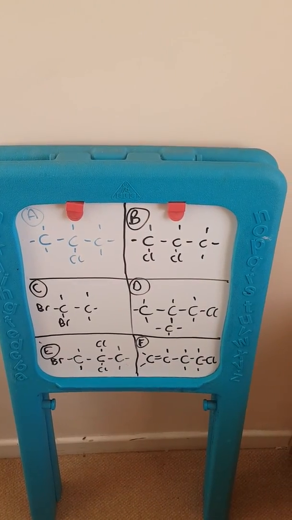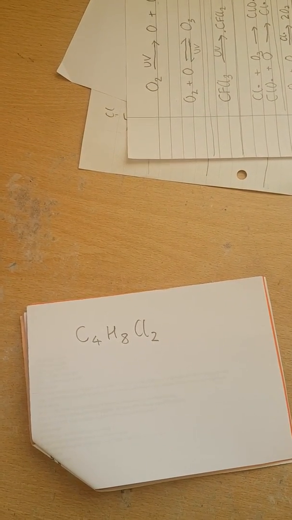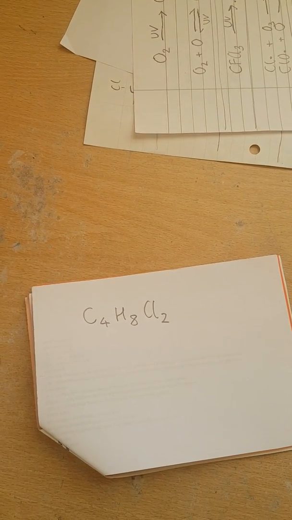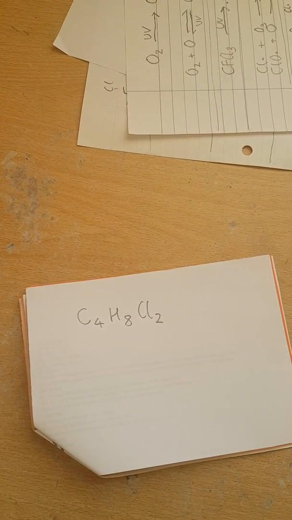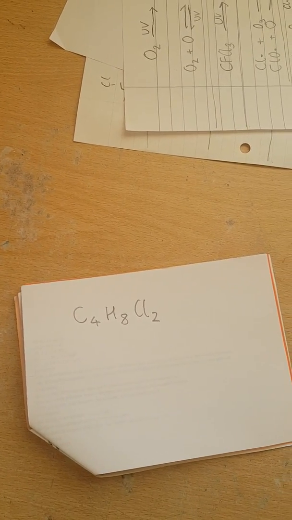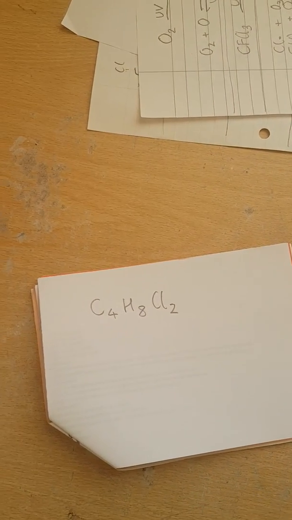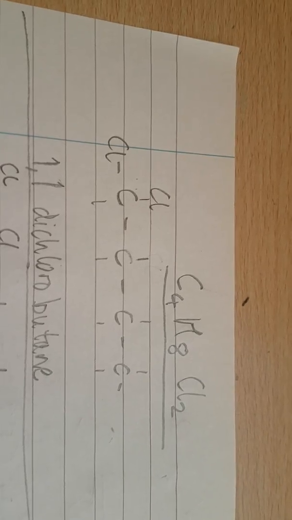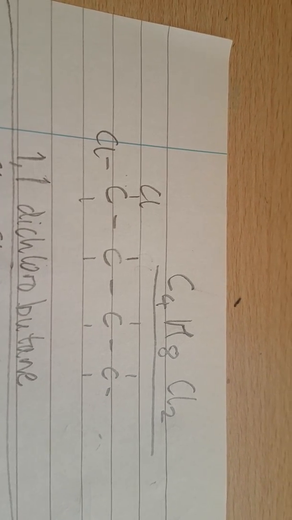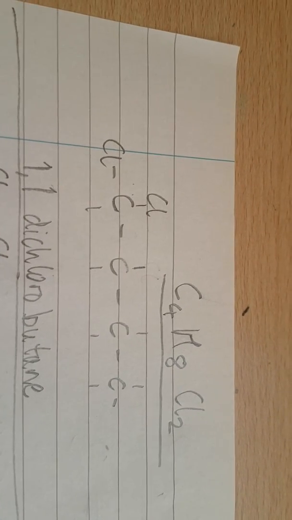Let's move on to the second task. I would like you to draw the structure of and name all the possible structural isomers of that compound, C4H8Cl2. Again, pause the video and resume when you think you've finished. Right, here goes. Hopefully you started in a logical place and you've done all of these in a logical sequence, and the obvious place to start is